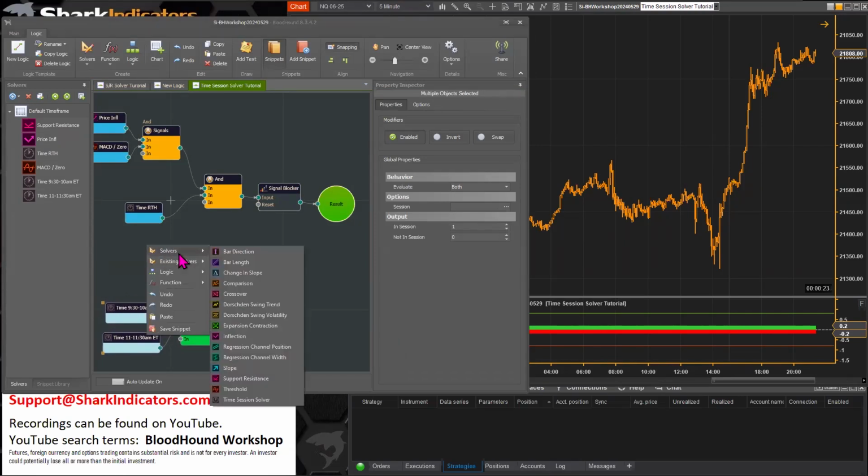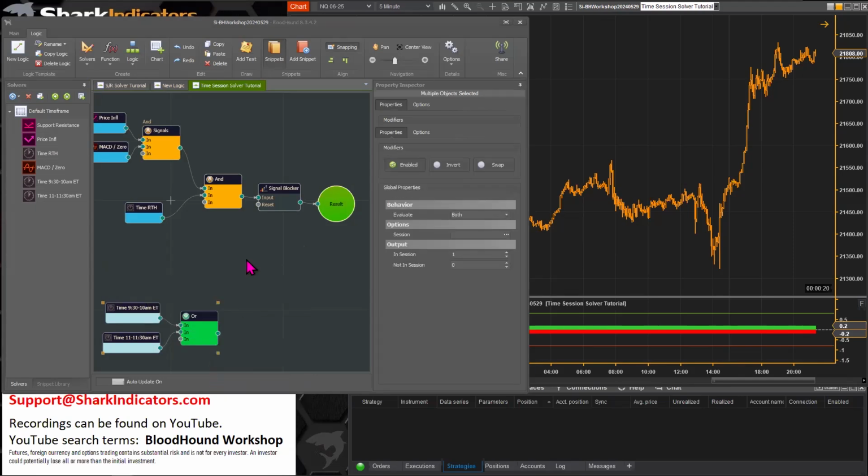So let me make another one here. I'm going to add another time session solver. And let's make a midnight reset here. Or actually, better yet, let's do something like a 9 a.m. reset. Yeah. There we go, right? Like half an hour before the market opens there. A 9 a.m. reset. So,